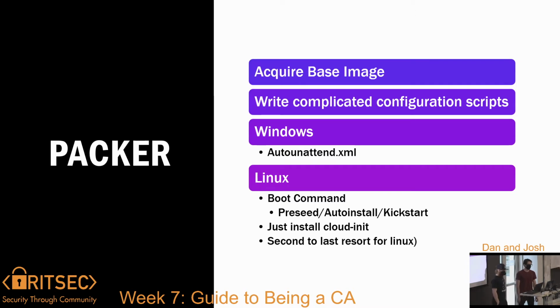I'd also like to point out that Packer should be considered a secondary option here. If you can find a cloud image and just Cloud Init all your changes, you should probably do that. It's way easier. You don't have to deal with our Packer. Our Packer's generally decent, and it's already in GitLab. You probably just have to change it for this competition to fix whatever bugs have happened since we last built it, which happens a lot because distros change, and the questions and the installers change in the case of the Preseed. So you occasionally, as a Linux lead or Windows lead, are going to have to go through and change some stuff.